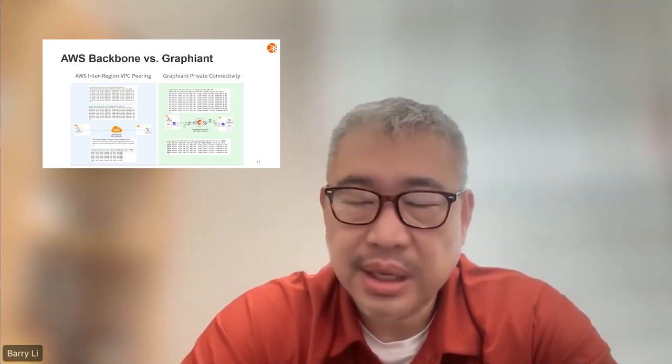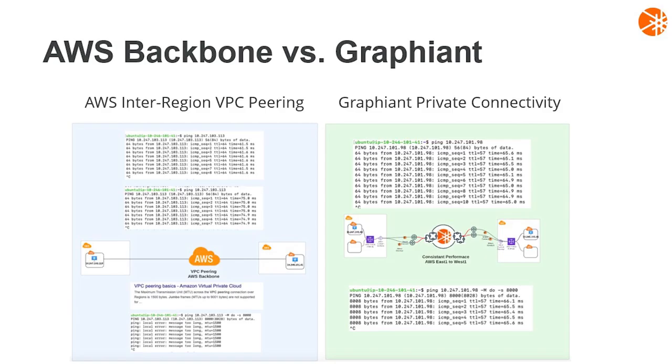And the next test that we actually did is we compared AWS native backbone service, utilizing a feature called VPC peering. They also have something called TGW peering, which is a very good solution compared to what we are offering in terms of latency and jitter. Based on the test numbers, our latency and jitter is comparable to AWS going through AWS's backbone.